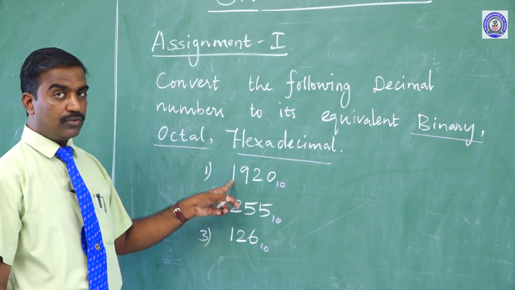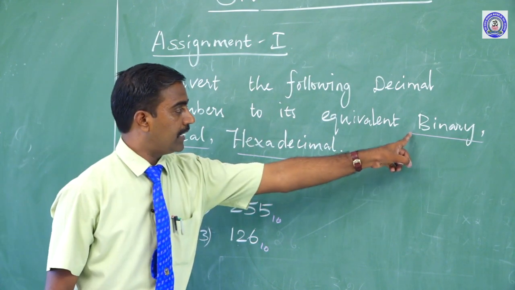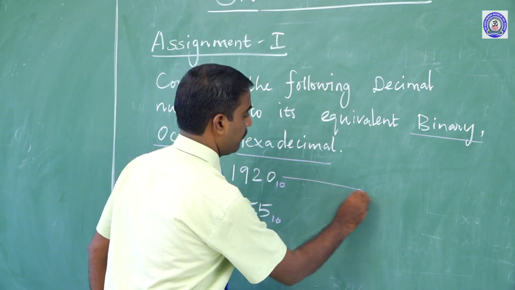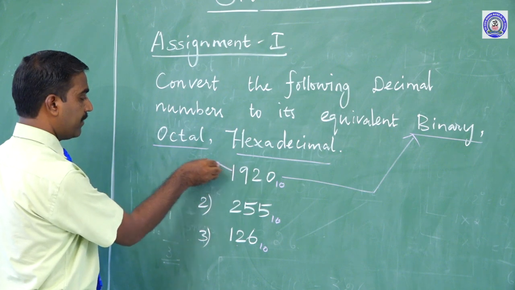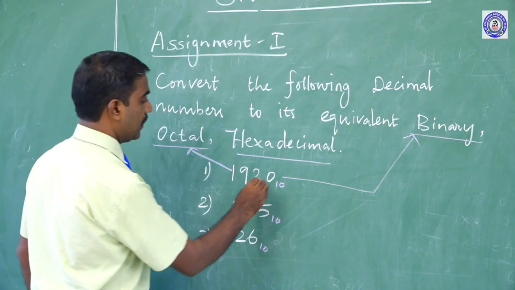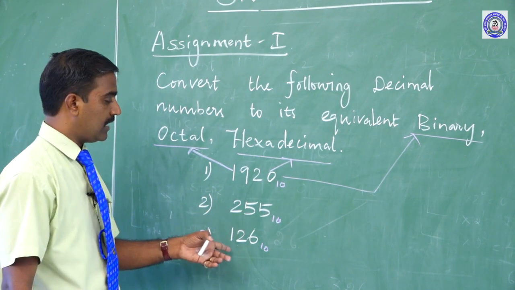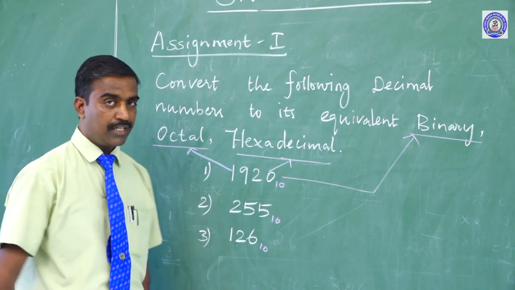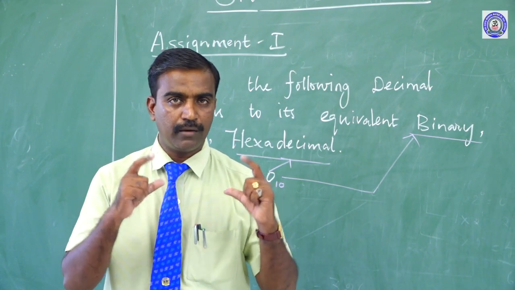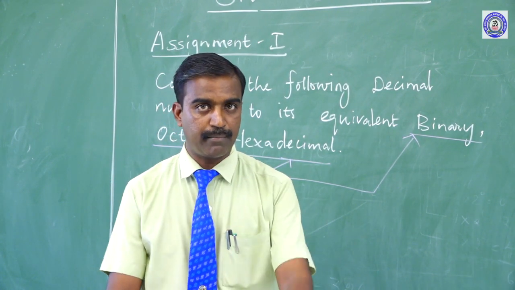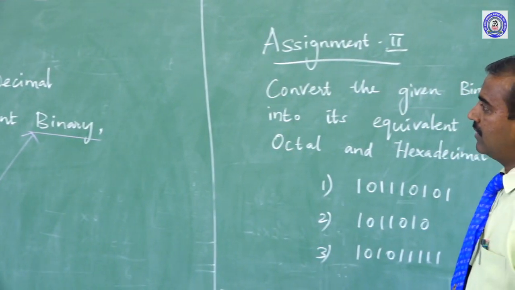Okay, so you understand these numbers are decimal numbers. How can we convert this number to binary? And then this number, how can you convert to octal, and then how can we convert to hexadecimal. The same sums, these sums. Okay, work it out in your fair notebook, take a photocopy and send it to my personal WhatsApp number.